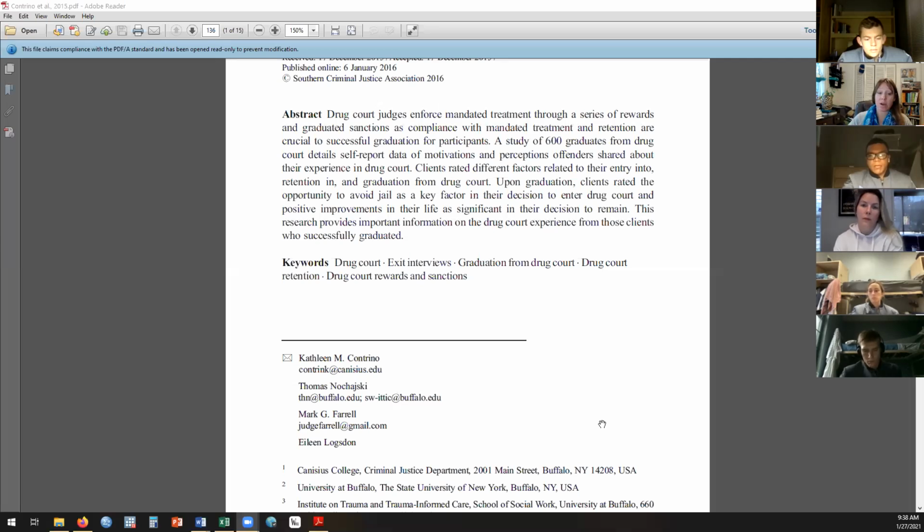What we're seeing here is that people that graduated said the main reason that they agreed to participate in the drug court is because they could avoid jail. So if you were going to implement your own drug court, that might be one of the things that you require, right? If you agree to be in drug court, you don't have to go to jail that day, because this is saying that that right there is what got people to join, right? So it may not seem like that big of a finding, but it is if you're trying to implement this,